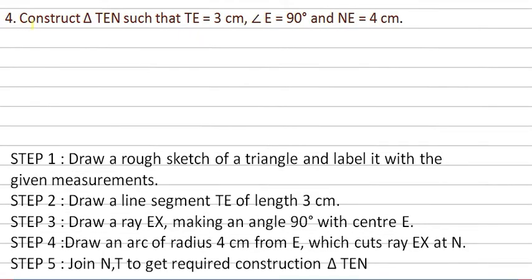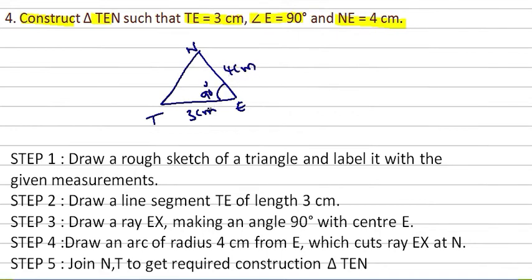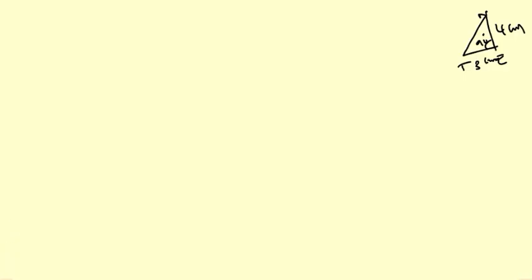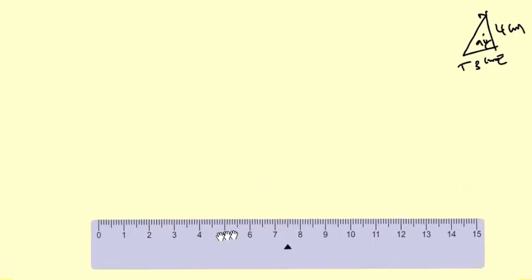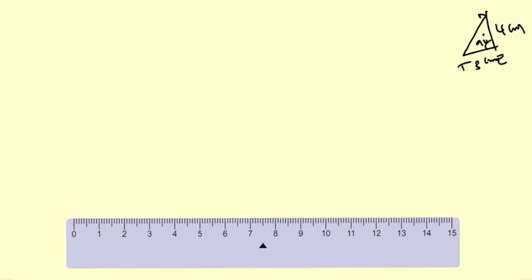Now the fourth question: construct triangle TEN such that T to E is equal to 3 centimeter and angle E is equal to 90 degrees, N to E is 4 centimeter. So what is our first step? Draw a rough sketch and label it with the given measurements. It is 3 centimeter, angle E is 90 degrees, N to E is 4 centimeter. Now let's go to the construction part. So the next step, draw a line segment TE of length 3 centimeter